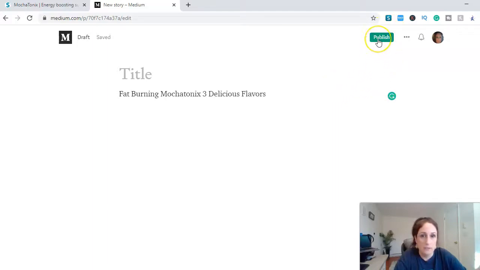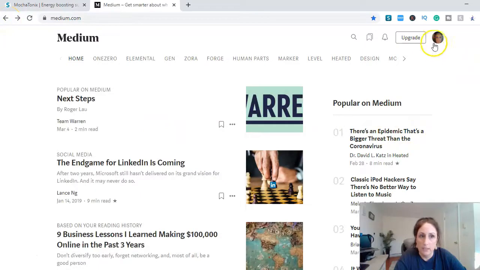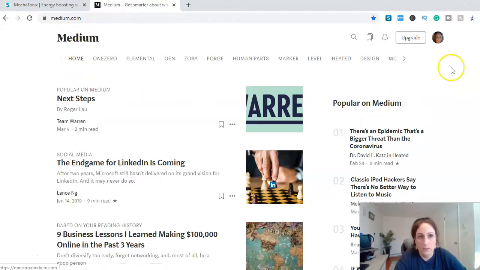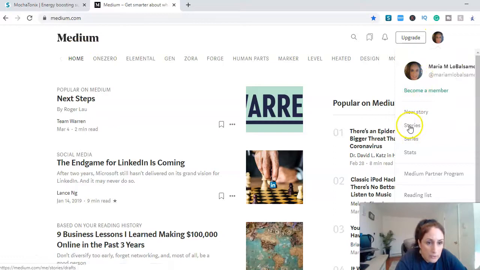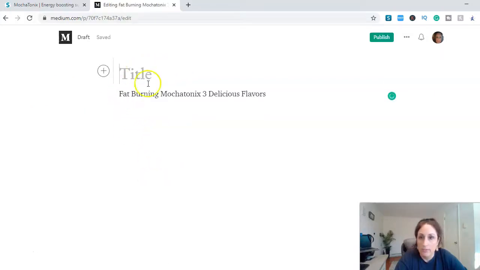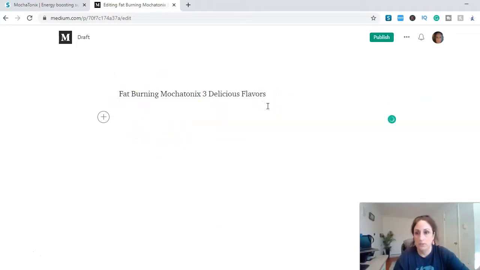Let's see. I'm trying to remember. Let me go back, hit the back arrow. I want to see something, because new story. I just want to see if it saved it. Yeah, so it saved it as a draft: fat burning mocha-tonics, 3 delicious flavors. So if I hit the down arrow, I can edit it now. So we've already got the title. Okay. So now we're going to